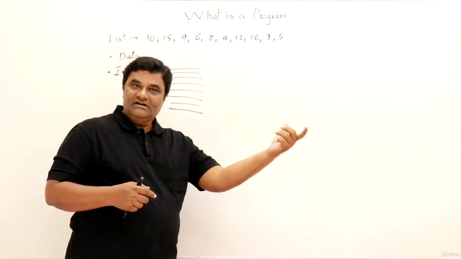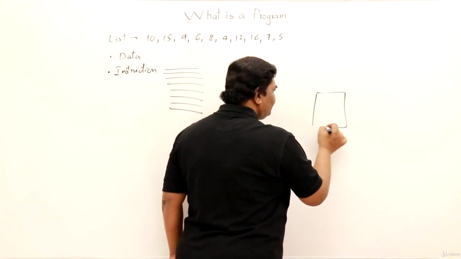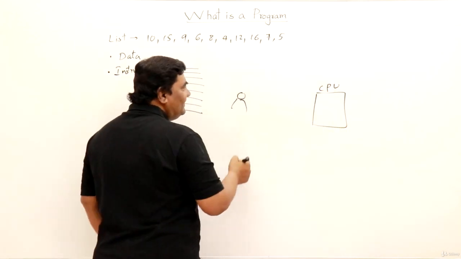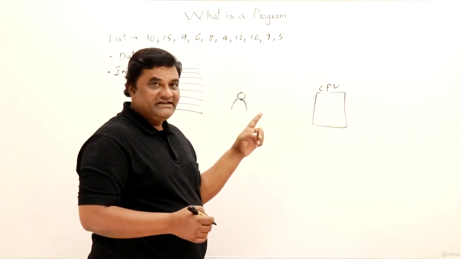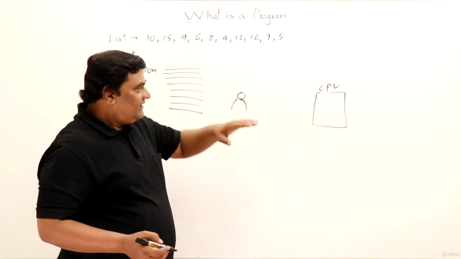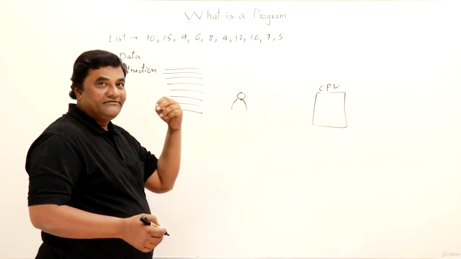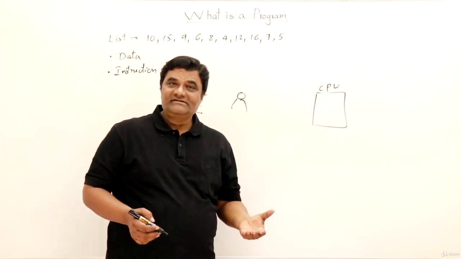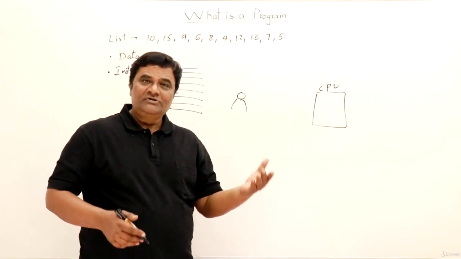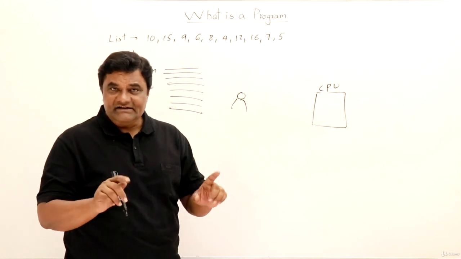Now let us come to the computer side. See, this is our machine, the computer, right? So let us say this is the CPU. Now this is myself. Now the language of the CPU is zeros and ones, binary. How is data represented in that? Data is in the form of zeros and ones. How are instructions represented? That is also in the form of zeros and ones. Both data as well as instructions are in the form of zeros and ones, that is binary.